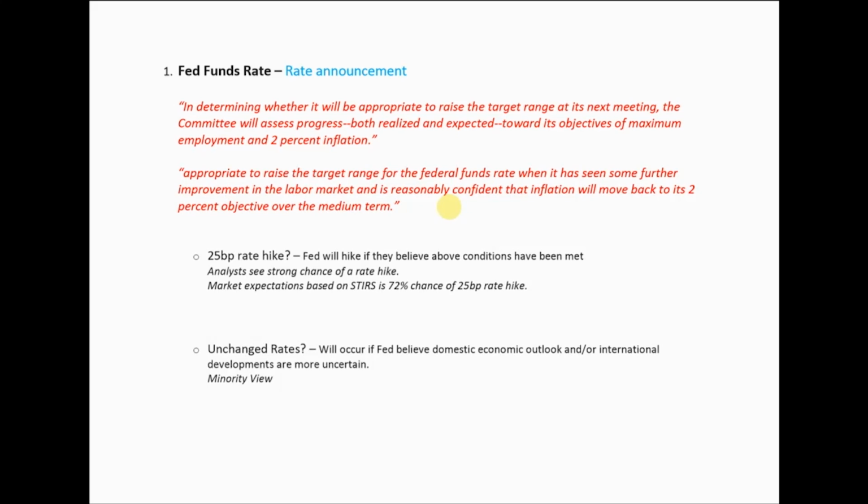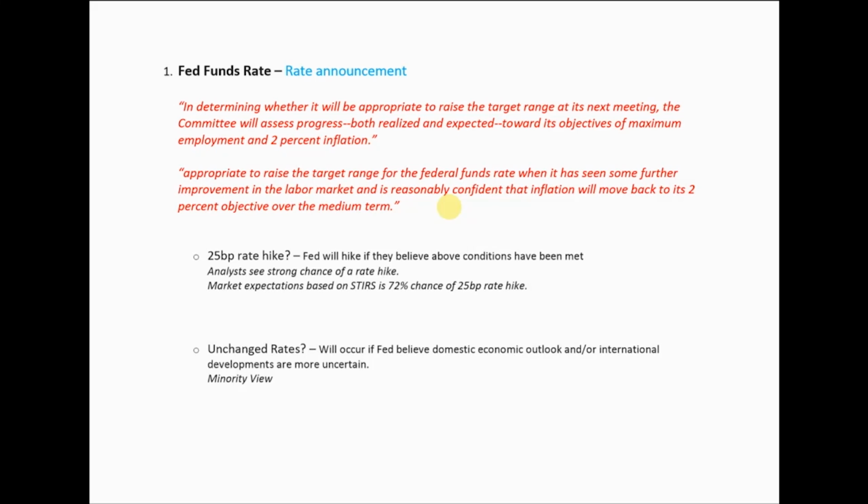So, 2 scenarios: rate hike, no rate hike. The Fed will essentially hike rates if they believe the above conditions have been met, their employment and inflation mandates, and as we said, the market is pricing a 72% chance of that 25-point rate hike. But obviously, if they move it only 20 points higher, then it's pretty much fully priced. Unchanged rates,